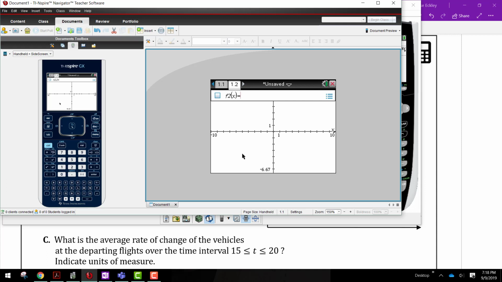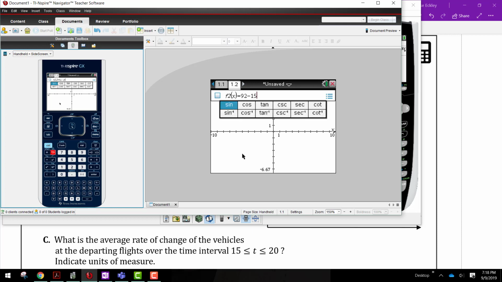So I'm going to enter the function, which is 92 minus 15 times the sine, and my trig button is here, it's hard to see, of x divided by 3. Okay, and then I'm going to hit enter,